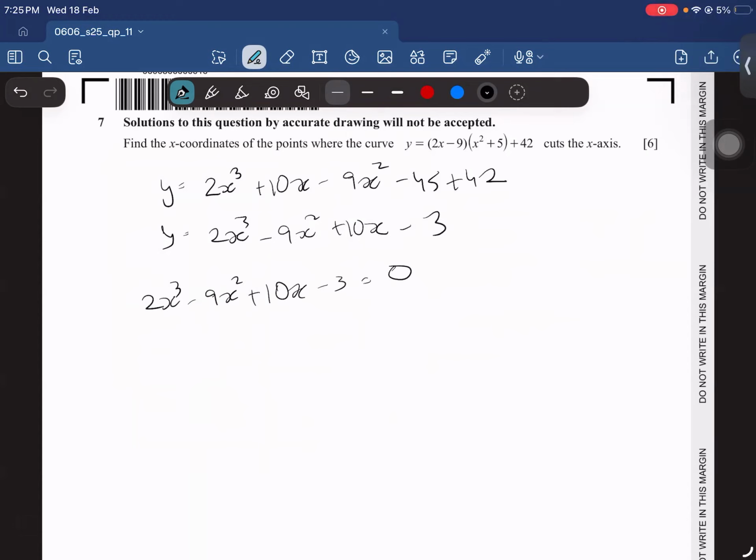You know what you need to do, and it is tiring to do this, but we have to. We have to find a linear factor. So how do we find the linear factor? Well, I'm going to take x equals 1 because I always start with x equals 1. So I get 2 minus 9 plus 10 minus 3, and I get